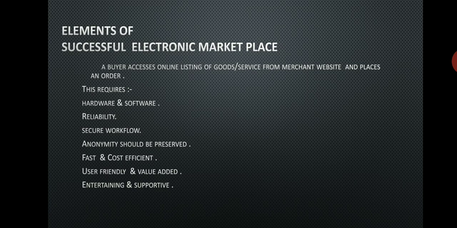comes to an electronic commerce website, searches for a particular product or service, finds it, and orders that product, pays online and gets delivered that product or service. So this is the background. In order for this scenario to happen, we have some requirements. I have divided this topic into three subtopics.